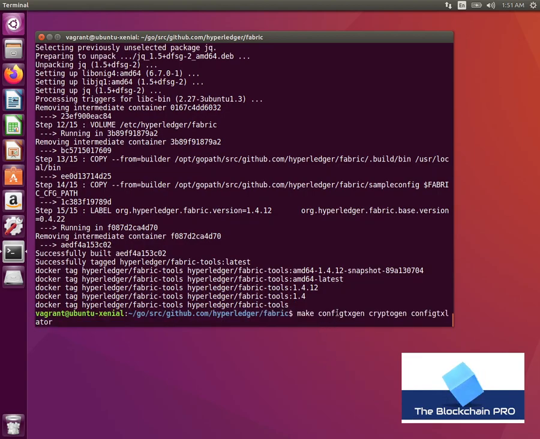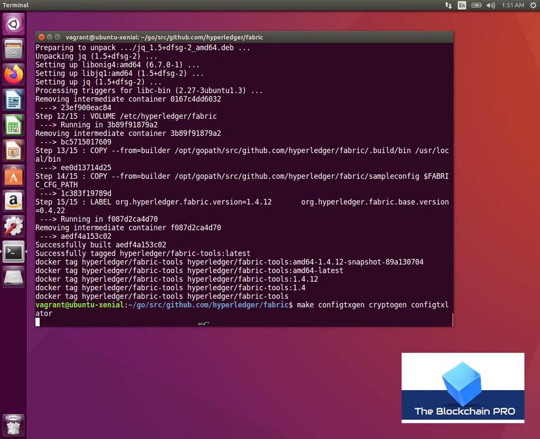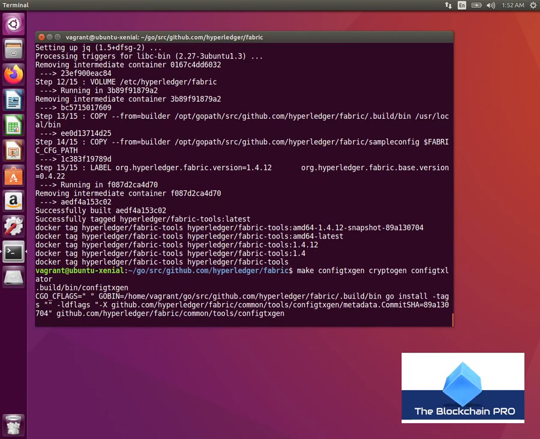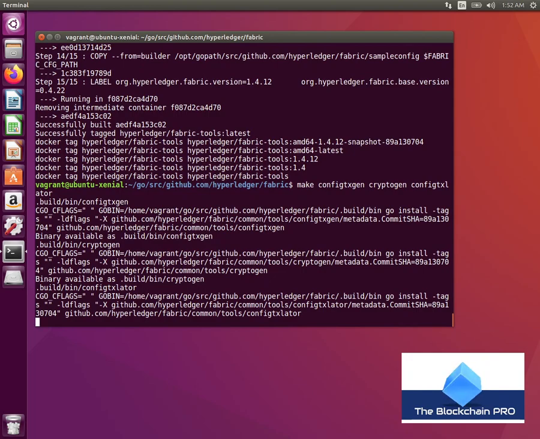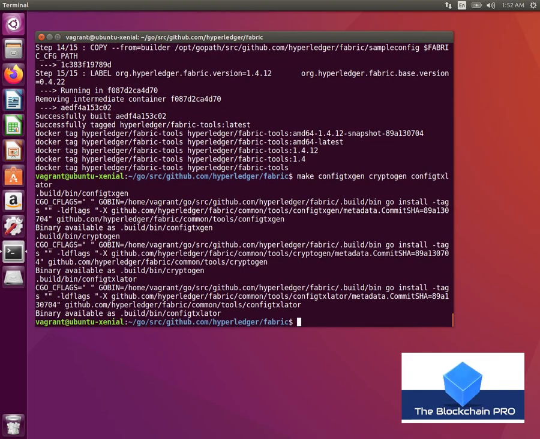We want to create these 3 binaries. After these 3 files are created, we want to get